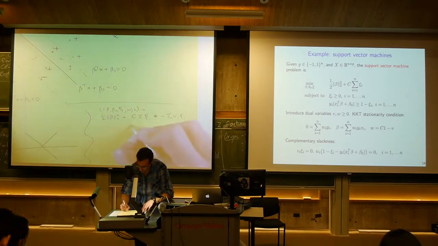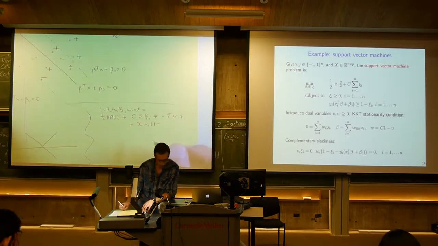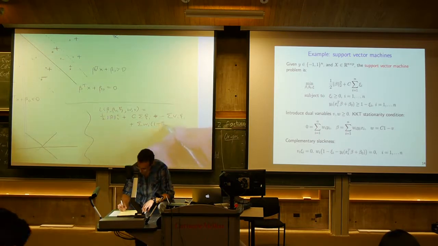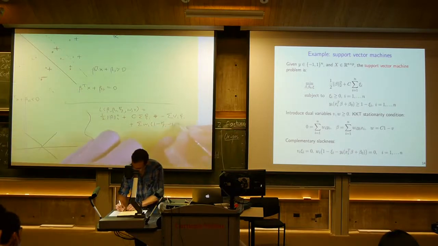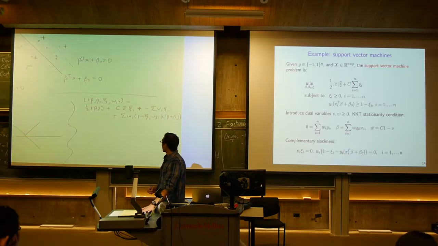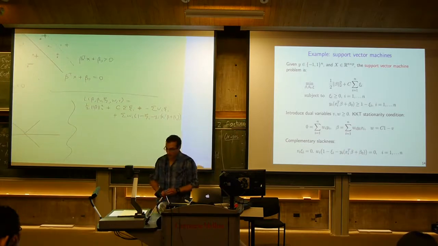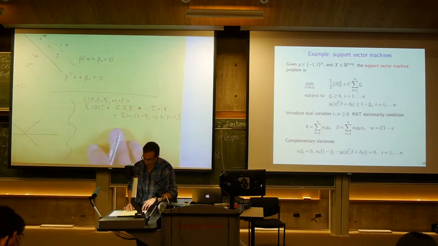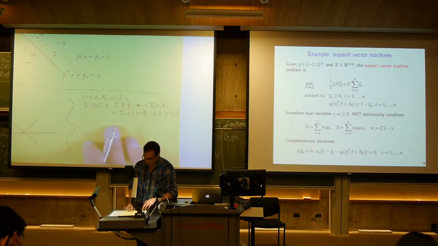I'll just do plus the sum of w_i times (1 minus psi_i minus y_i times x_i transpose beta plus beta naught). Okay, that's our Lagrangian. And stationarity: everything here is smooth again, so let's take the gradient